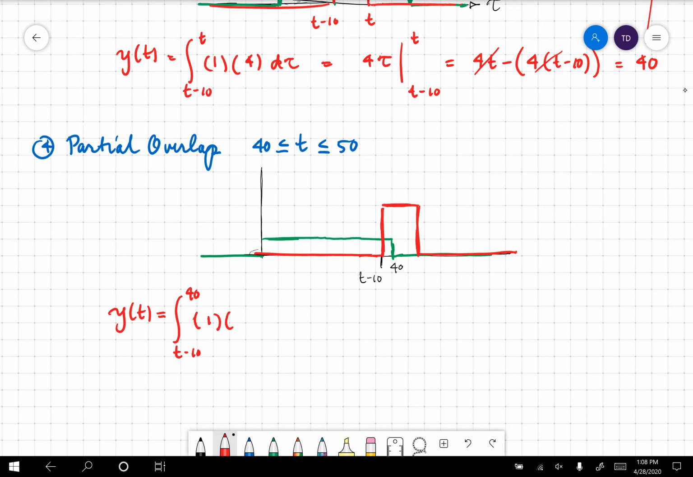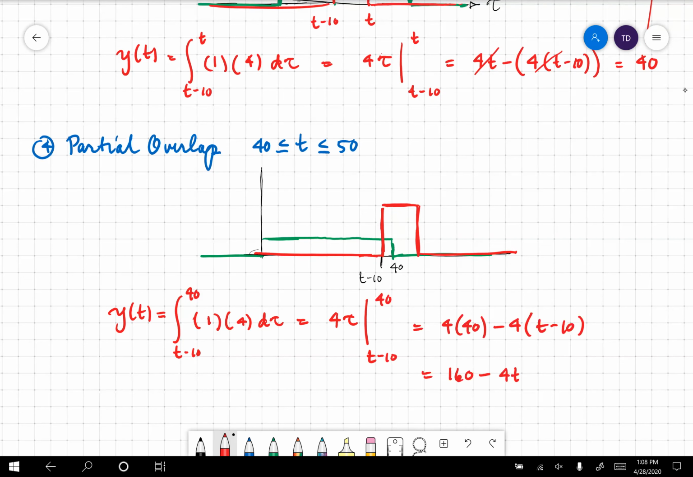Are you sick and tired of this one? It's too easy. So it's 1 times 4 d tau. We've integrated that a bazillion times. It's still 4 tau evaluated from t minus 10 to 40. This is equal to 4 times 40 minus 4 times t minus 10. That equals 160 minus